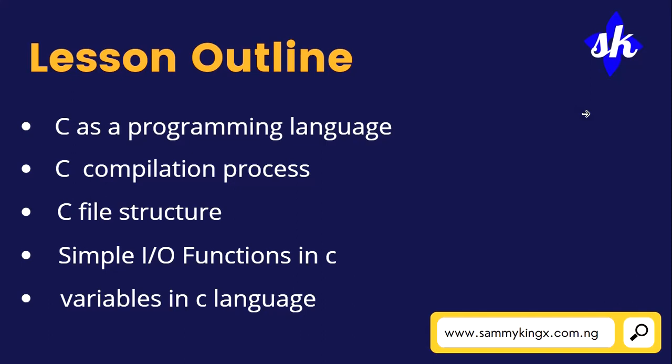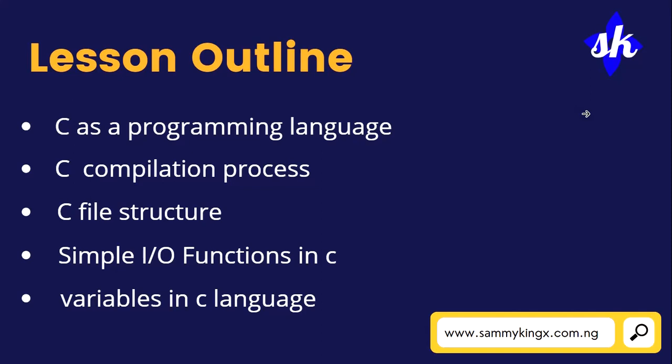Then we'll also be looking at how a C program is compiled, like the compilation process of C. How does your source code get to your binary executable file or your .exe file? Thereafter, we'll also look at the C file structure, more like a guide, because it is an introduction to C. So these are what you need to know before we start talking about the more in-depth